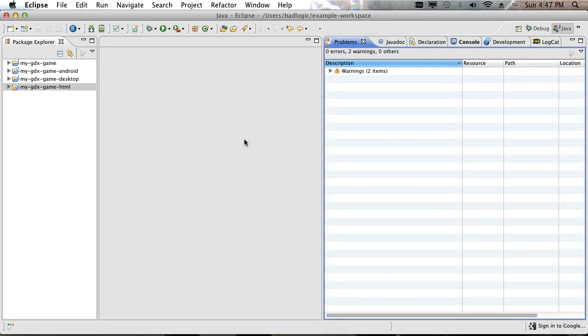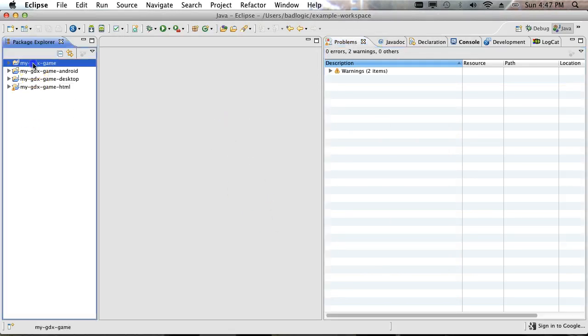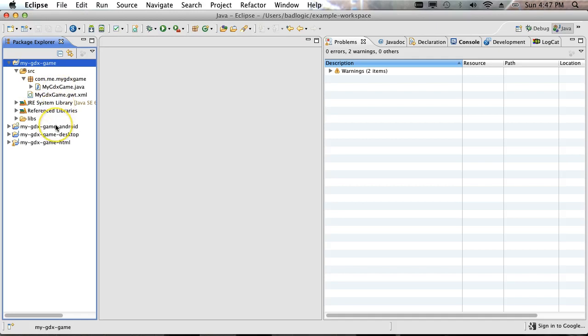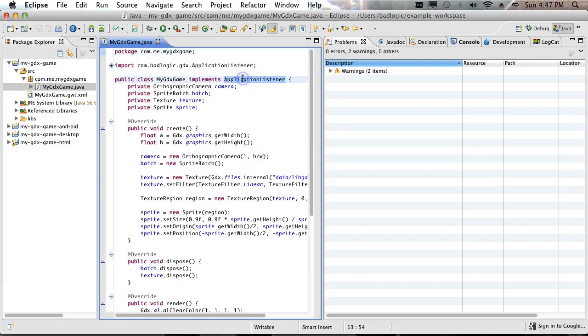Let's quickly go through the structure of this one more time. So we have the MyGDX game project, which is the core project, as we call it. That actually contains all the source code of your game, which is then shared across the different platforms. So in the core project, we have this, an application listener. I will refer you to a little wiki article which explains all of this later on. We're not going to go through that now. This application listener is like the main entry point for your application, and that's going to be reused in all the other